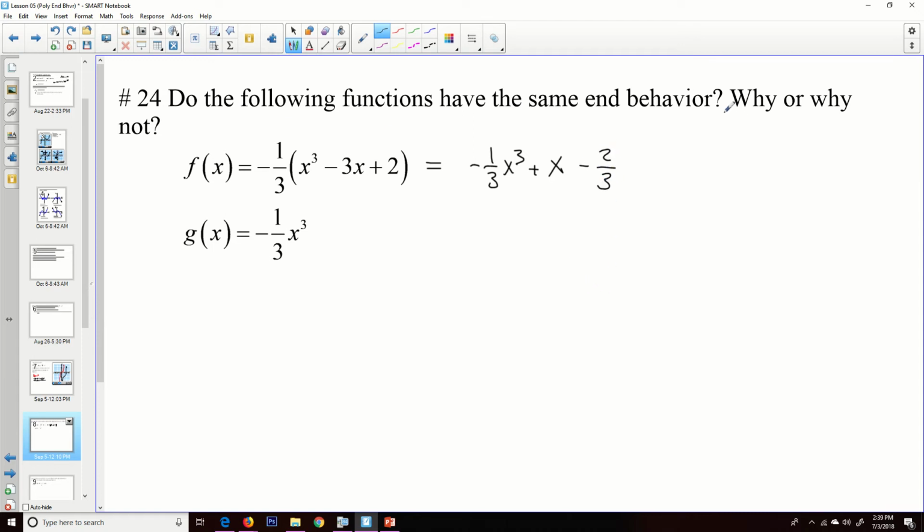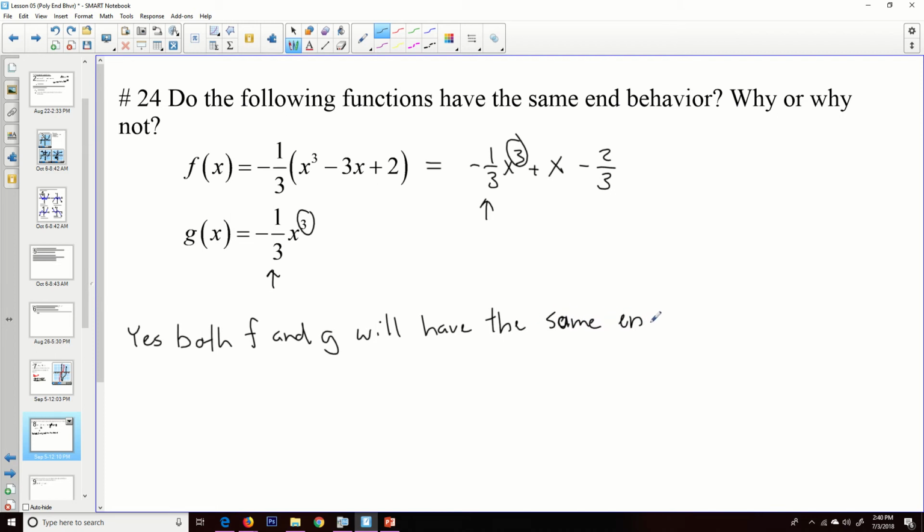All right, so does it have the same end behavior? Well, to do that, we use that leading coefficient test, and since the degrees are the same, they're both 3, it's going to have kind of a similar shape, and the leading coefficients are the same. We can say yes, both f and g will have the same end behavior